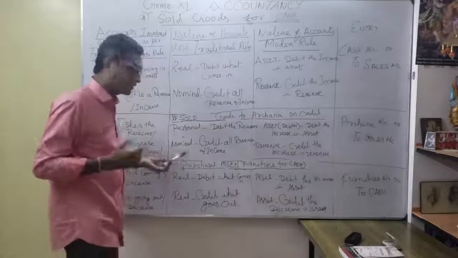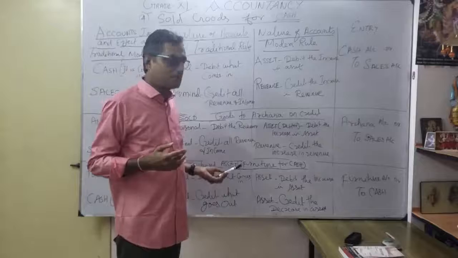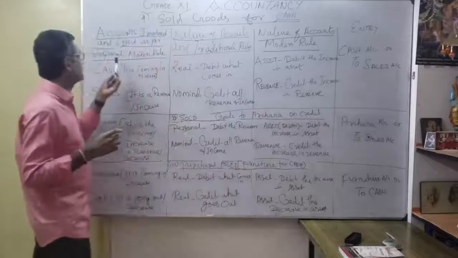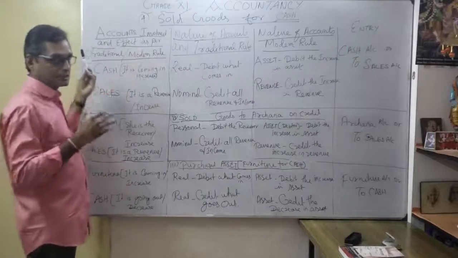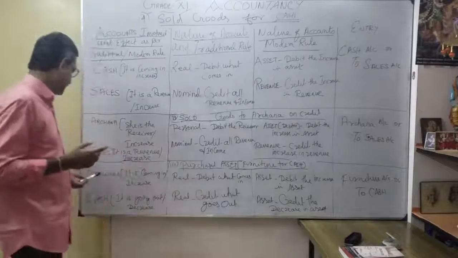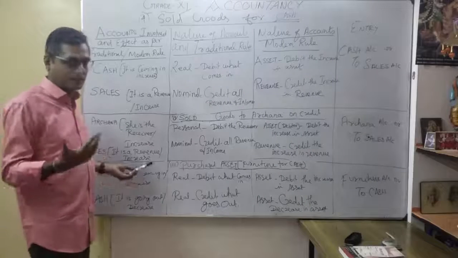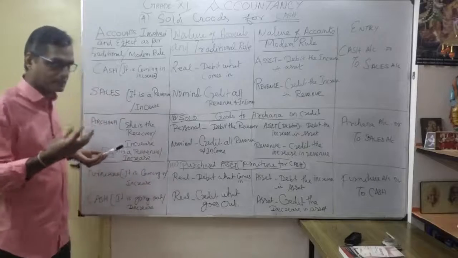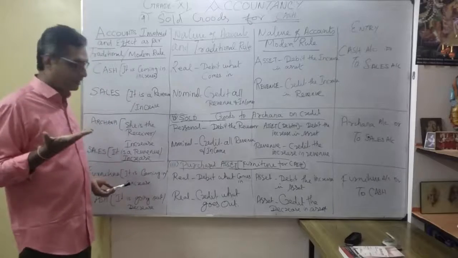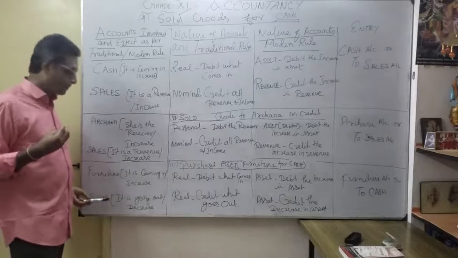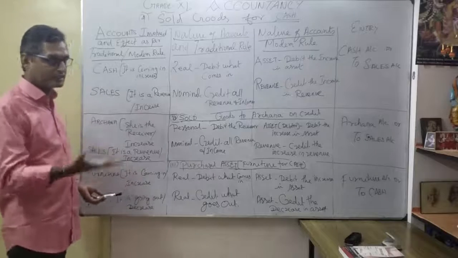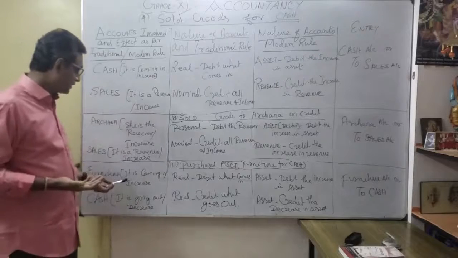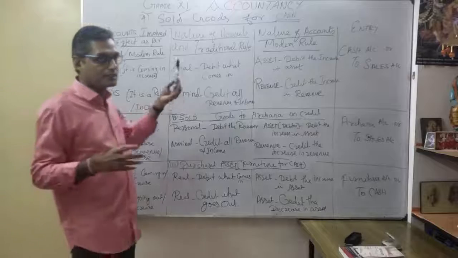Now the third one, it's very important: purchased asset. What is the asset purchased here? Furniture for cash. Just see the two elements, and what accounts are involved under both traditional and modern. Here furniture is an asset. In the traditional approach, when you purchase it comes inside, so it increases naturally. Cash is going out, so it decreases. Here increases, there decreases, so we give effect in the traditional approach.